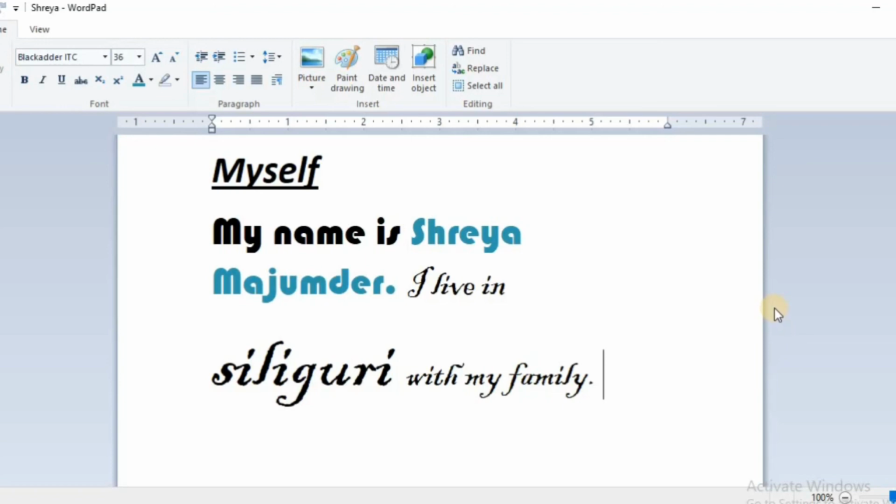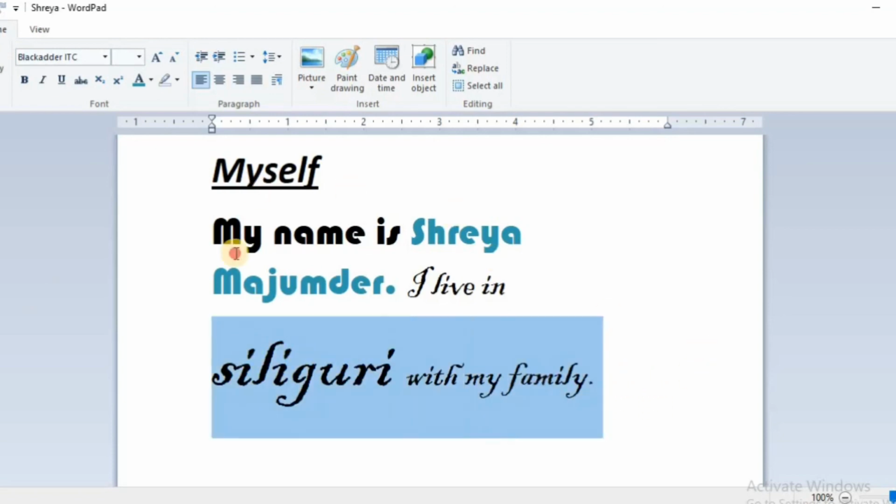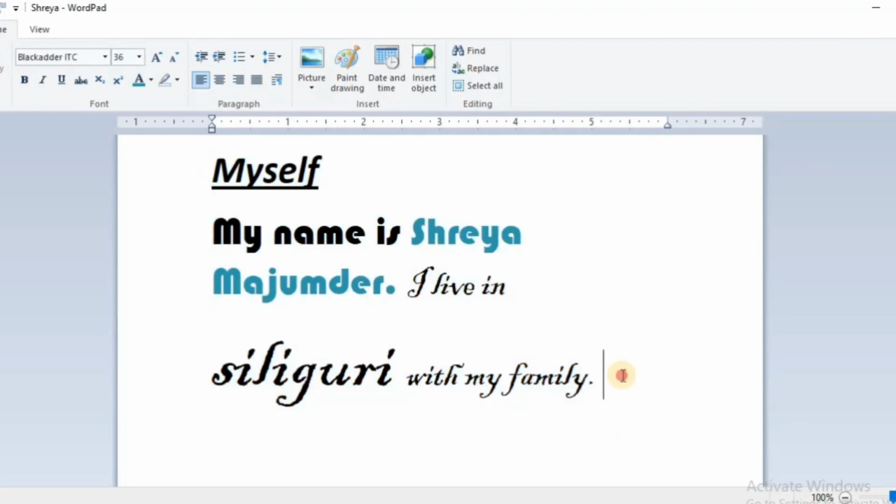But always remember to save your work. After you are done with your work, what you will do, here on the topmost line there is a small blue color box which is for saving. You will click on it, okay, and it will be saved. If you do not save your work, you won't be able to see any changes. Suppose I change something and I don't click on save, it will not be there.